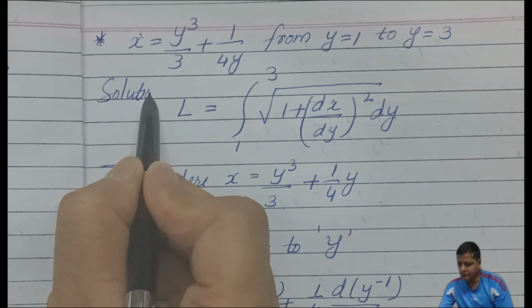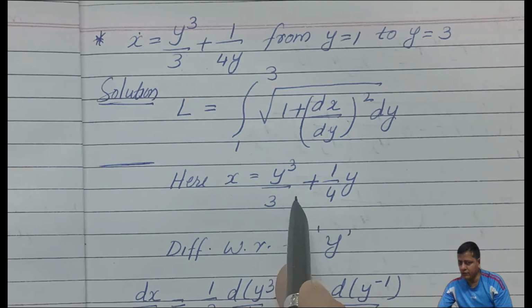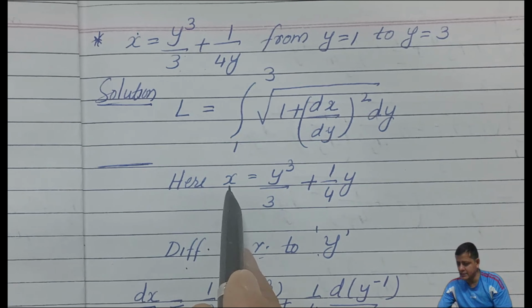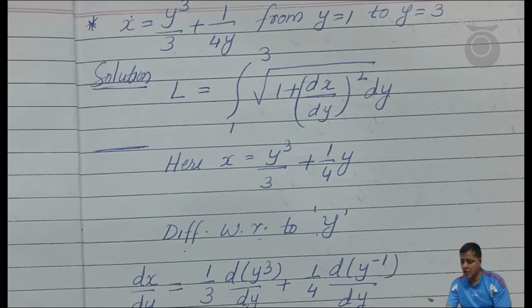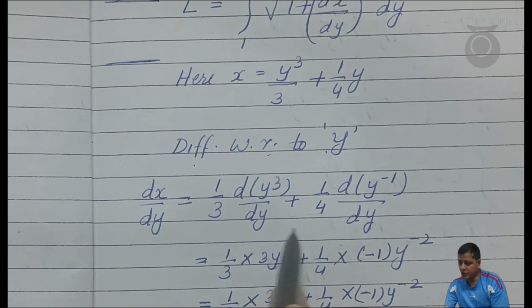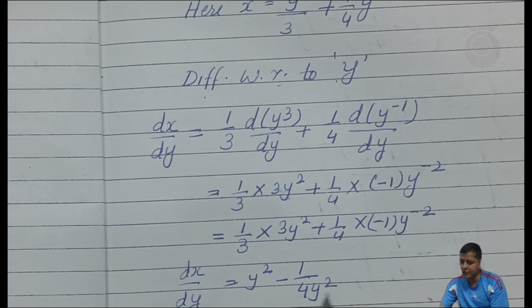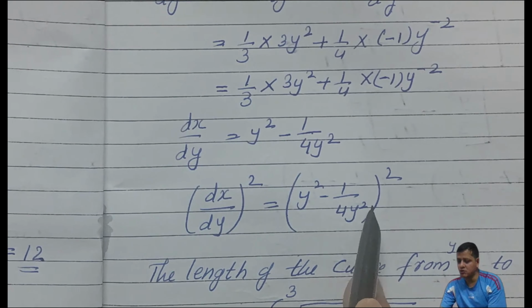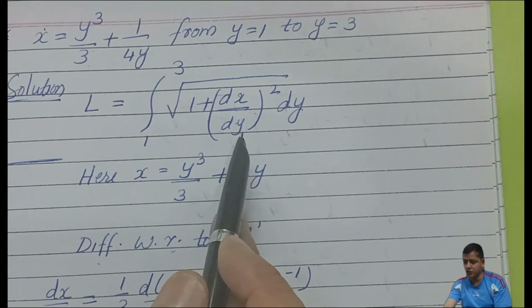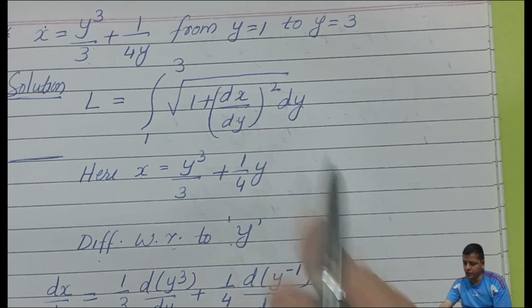So here we can write the solution. Here x is given, and then we differentiate it with the help of y. Because x is given here, we differentiate with y. So remember, whatever is given, the opposite thing will be used for differentiation. And when you differentiated this whole thing, you got this result, dx by dy is equal to this thing. Then you just squared both the sides, because here we need it in the form of a square. So now we got this value here.